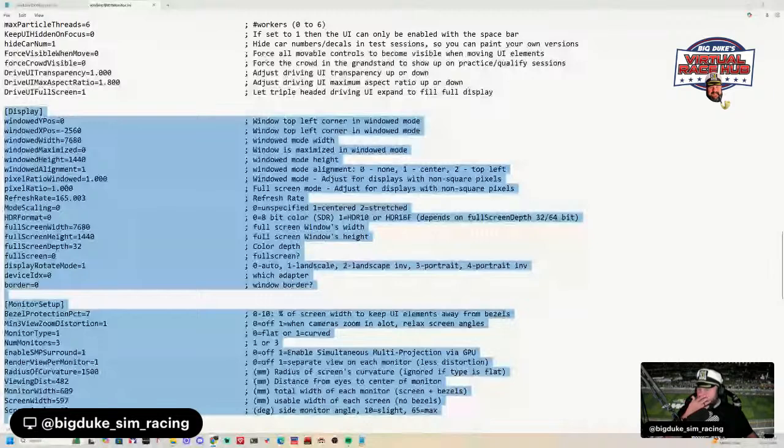So there we are. Now we're back. So remember, we had the 7680 by 1440. That's where all this comes from. 7680 is 2560 times 3. But if you are on 2560 by 1440, go ahead and take a screenshot of these settings and make yours identical, and you won't